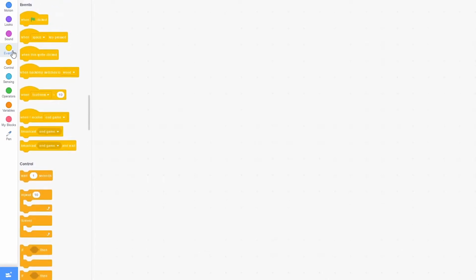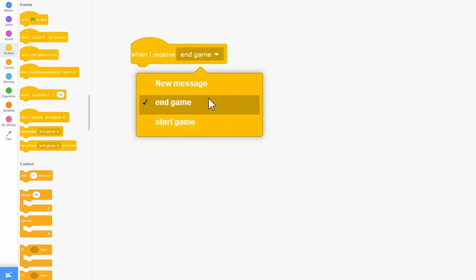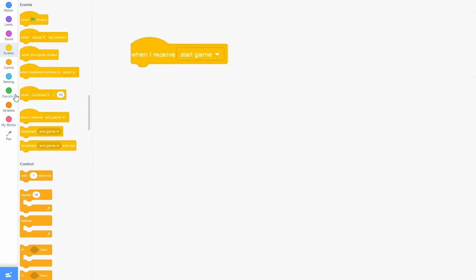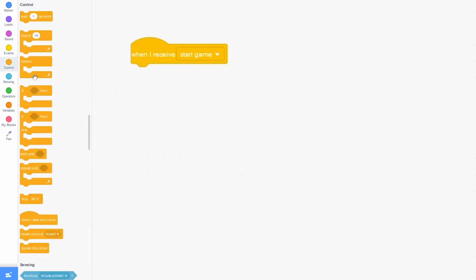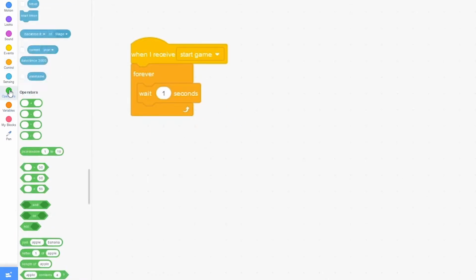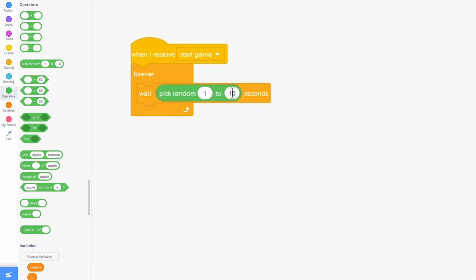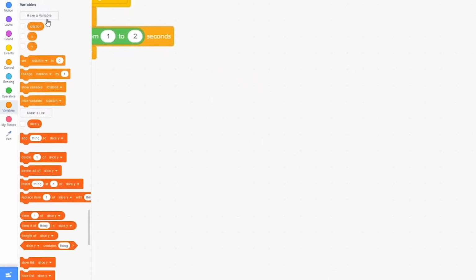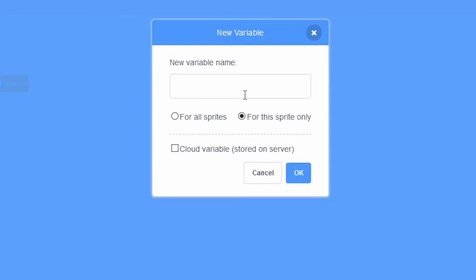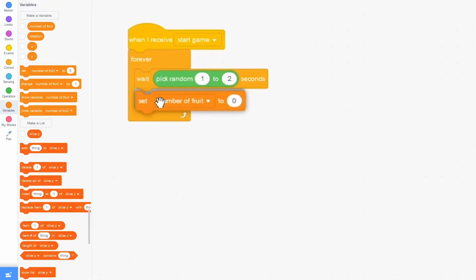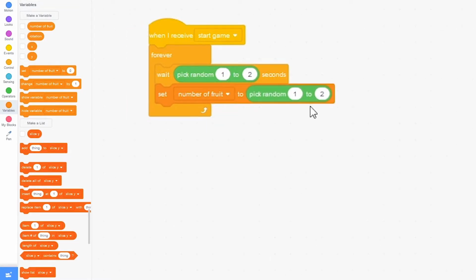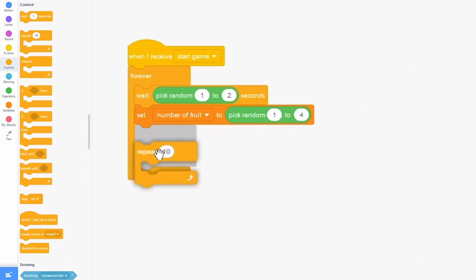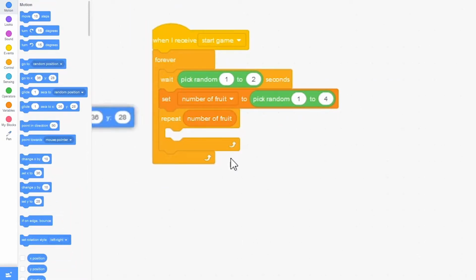So I'm going to go to events and drag out when I receive start game. I'm going to go to forever in control, wait, go to operators and drag out pick random 1 to 2 seconds. And I'm going to make a new variable for this sprite only called number of fruit. I'm going to set number of fruit to pick random 1 to 4. Repeat number of fruit,